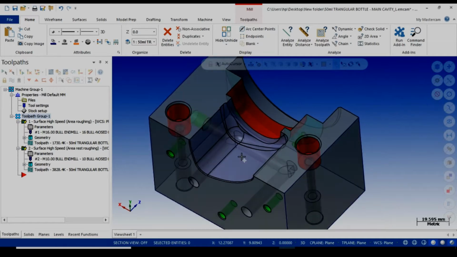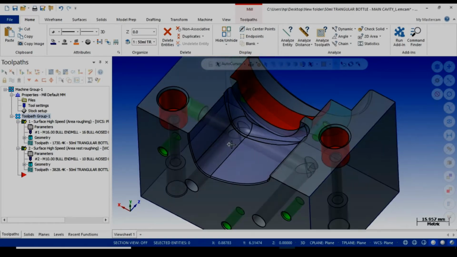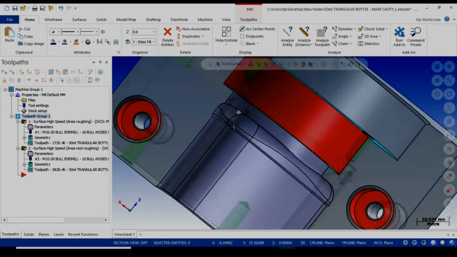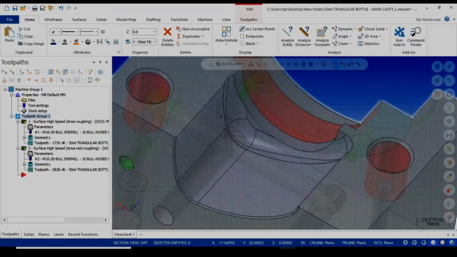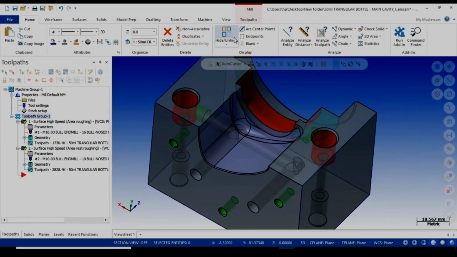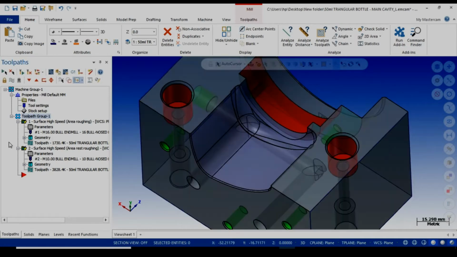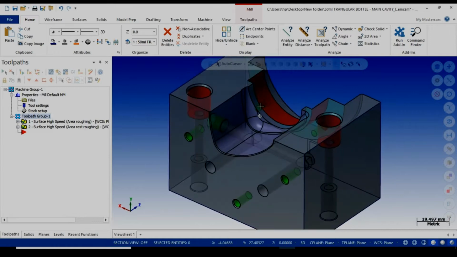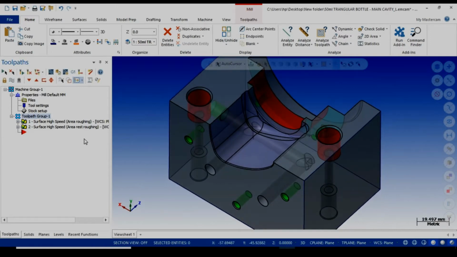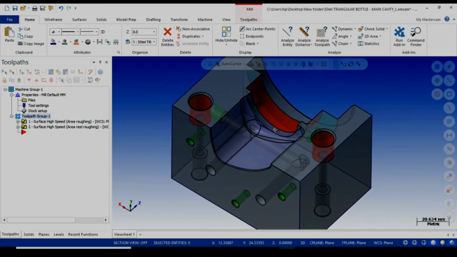And this profile is suitable for raster finishing operations. So we will use the raster strategy to create the semi-finished tool path for this. Before creating the raster, we will see the rest material, how much material is left in this cavity.